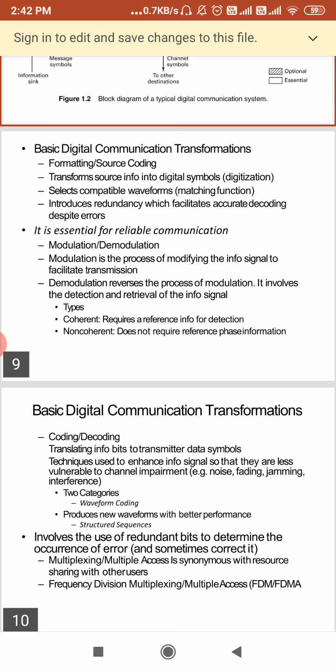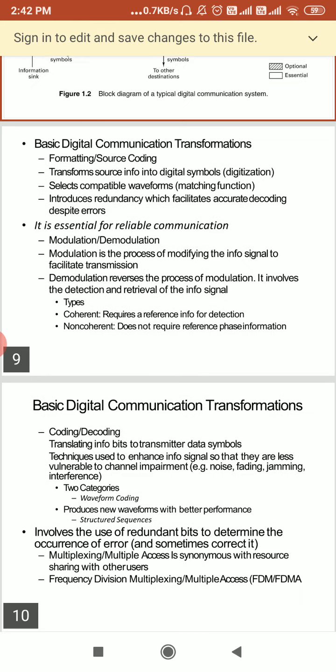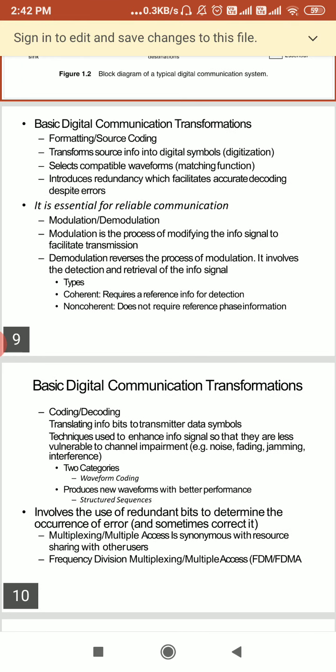We can use techniques that enhance the information signal so that it is less vulnerable to channel impairment. There are two categories: one produces a structured sequence, or it can be waveform coding. It involves the use of redundant bits to detect the occurrence of errors.